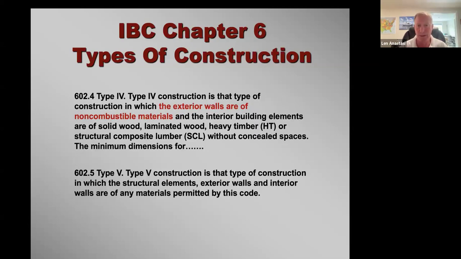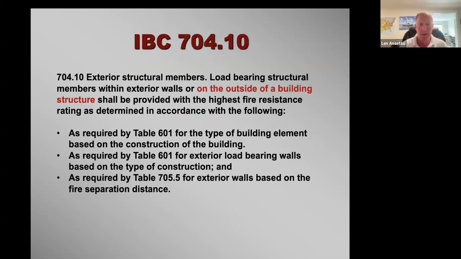Type 4 construction is your heavy timber construction. I don't know, it's not used too often. I don't know if anybody uses it out there. But again, they have a non-combustibility requirement for exterior wall materials. Type 5 construction is your wood frame, and that can be any type of material permitted by the code, combustible or non-combustible. So Chapter 7, 704.10 states that for exterior structural members, load-bearing structural members within the exterior wall